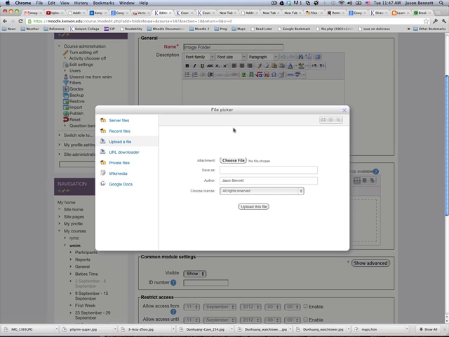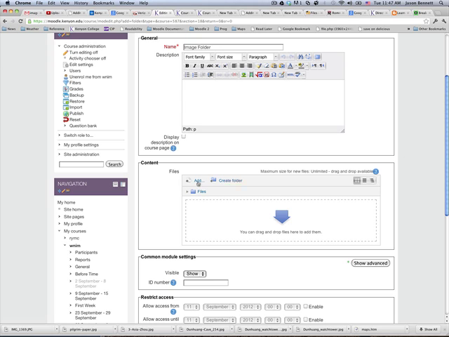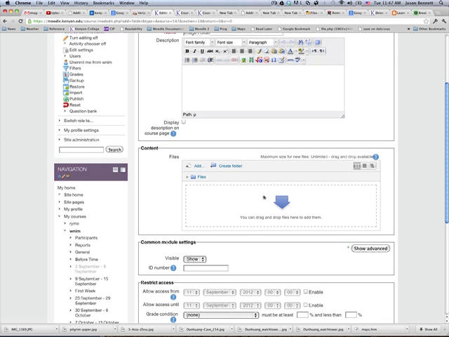The problem with this file picker in this case is that it will only allow you to upload one file at a time. The file picker is nice because it allows you to browse in a sort of structured way to find the files you want, but if you need to upload multiple files at one time without, say, creating a zip file of those files, this is not the way to go. So I'm going to close this, and instead of picking the Add button, I'm going to use this drag and